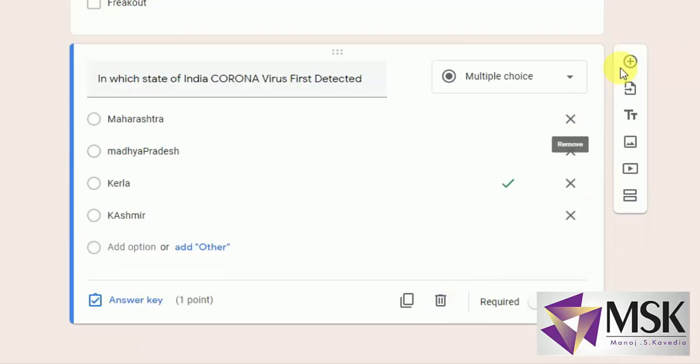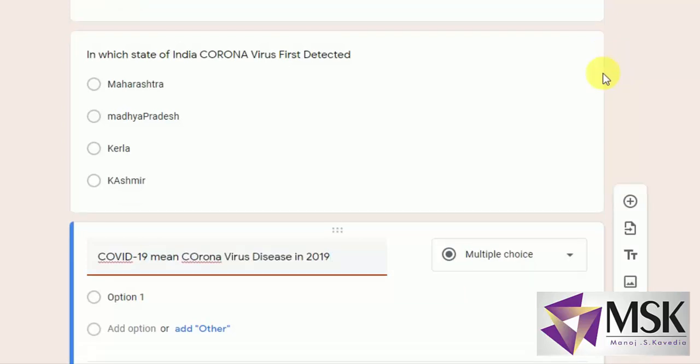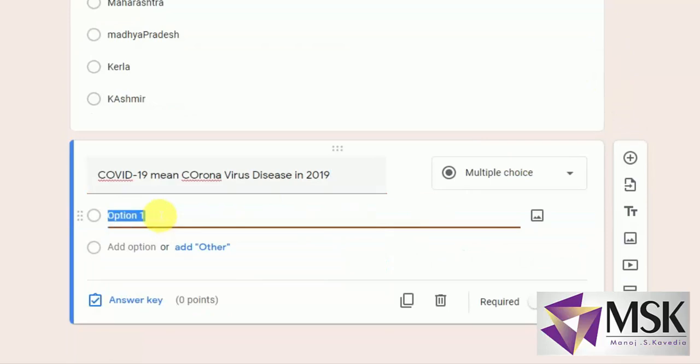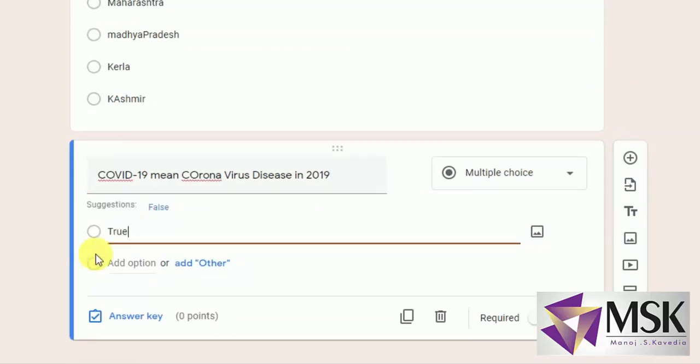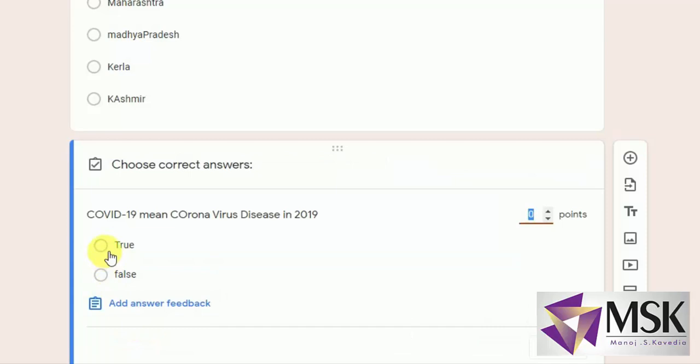Let's take the next question. COVID-19 means coronavirus disease in 2019. So I'll say true, and another answer is false. In the answer key, I'll select true and say done.